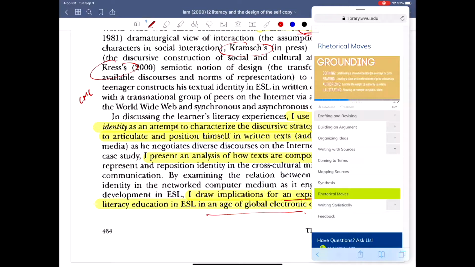Why you need to do the rhetorical moves is to explain to the reader why you are doing it this way. Why did you do it this way instead of that way? That's where you would build a lot of a framework to say, previous people have done it this way, and this is where I'm coming from.